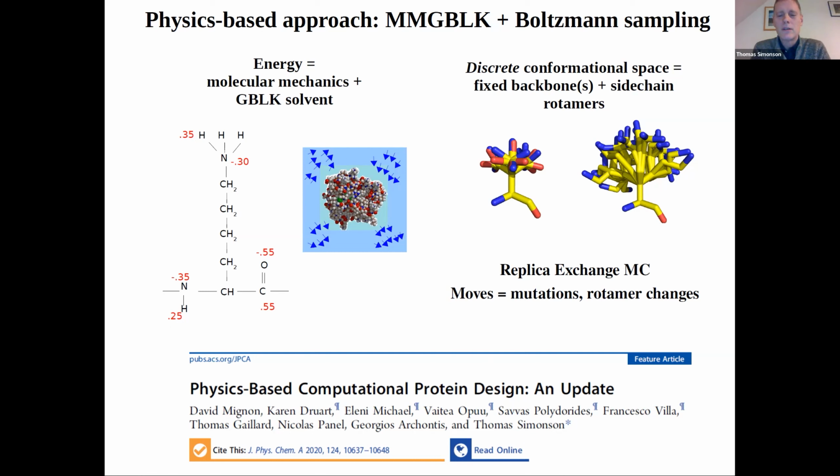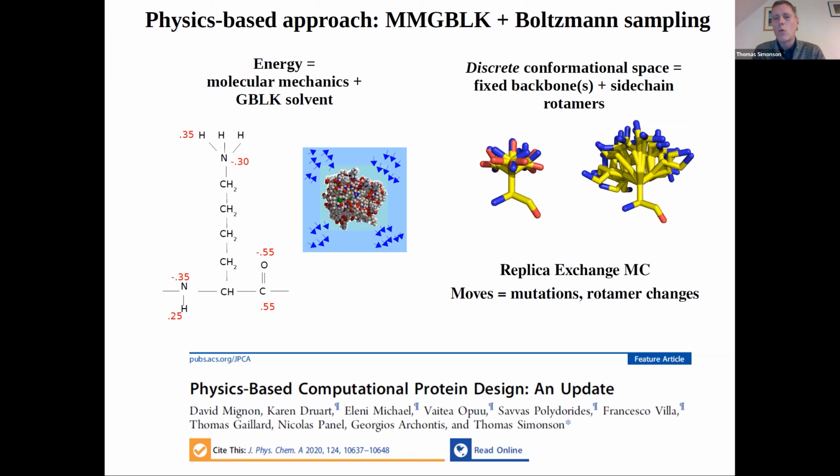So in our hands, design or exploration takes the form of Monte Carlo, where moves can be mutations or rotamer changes, conformational changes. We have this vast space of sequences for most design problems. So we make a very drastic approximation, which is to make a discrete conformational space.